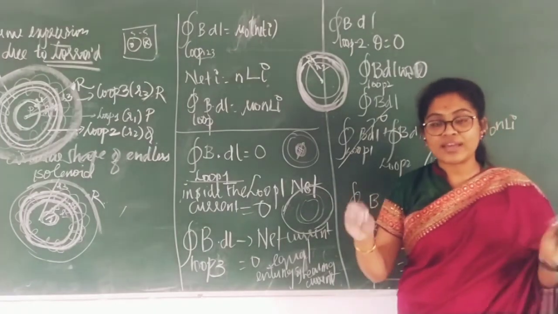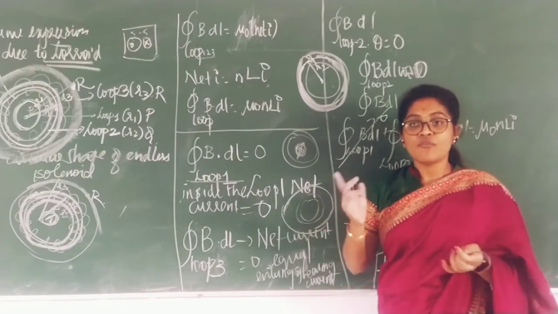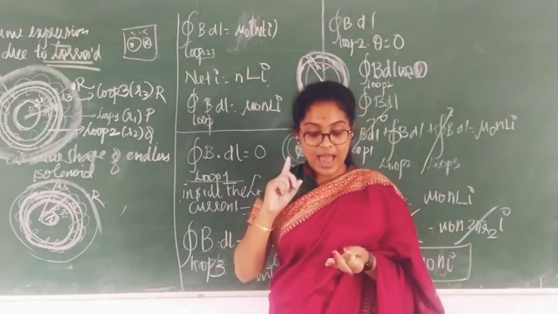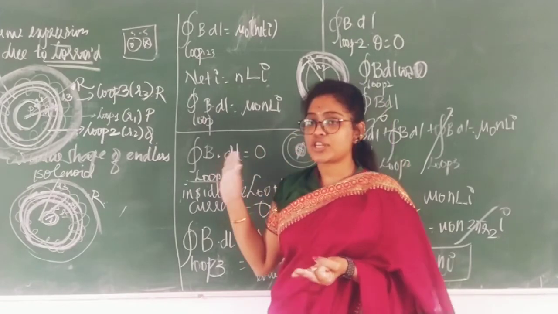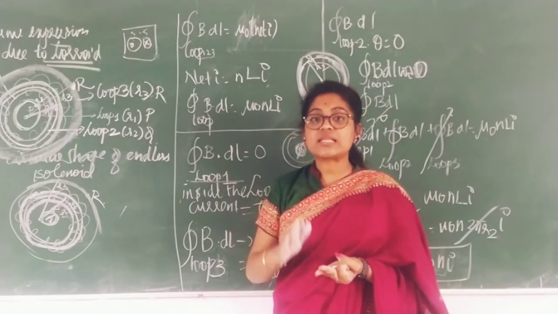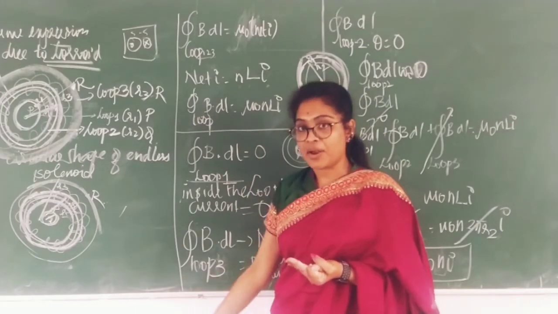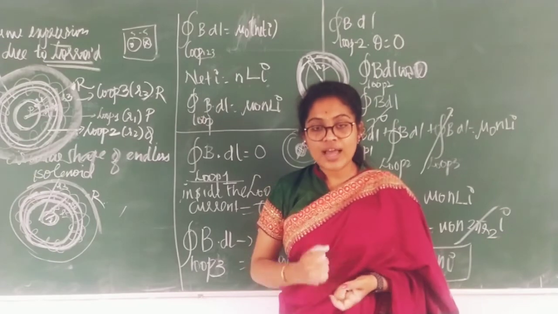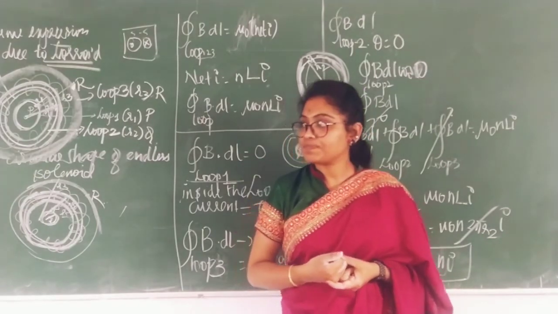This is a very important part of the applications of Ampere's circuital law. First for the infinite straight conductor, second for the solenoid, and next for the toroid. These are the important derivations which we are going through. Please make a note of it, it's very important. Practice the derivation everything clearly. Okay. Thank you all. Have a nice day. Next we are going to start a new topic.